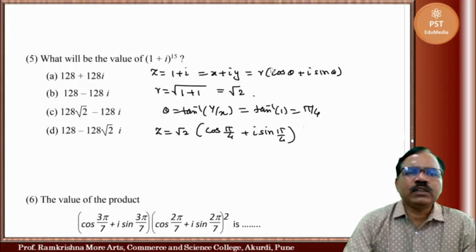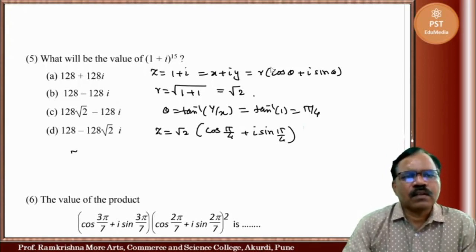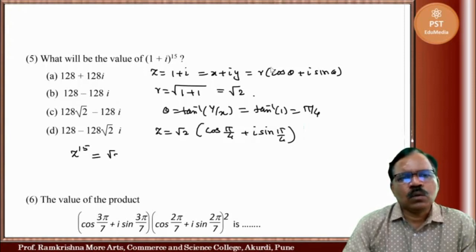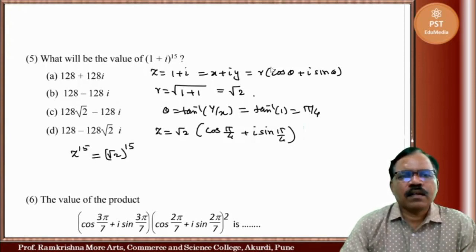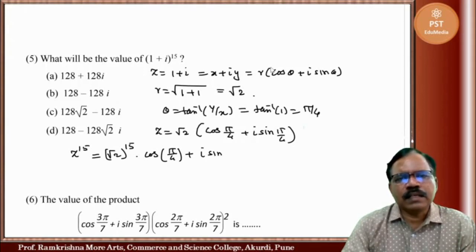And now z raised to 15 is equal to root 2 raised to 15 into cos pi by 4 plus i sin pi by 4,